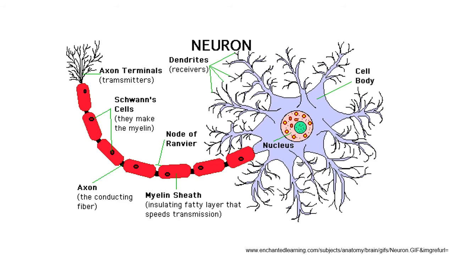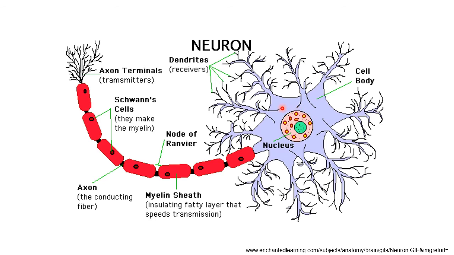Now we know that Golgi was wrong and Cajal was right. The brain is indeed made up of neurons, in fact, billions of neurons. And although these neurons can vary quite a bit in terms of their shapes or sizes, they tend to have some common components. So most neurons have a cell body, which will contain the nucleus,